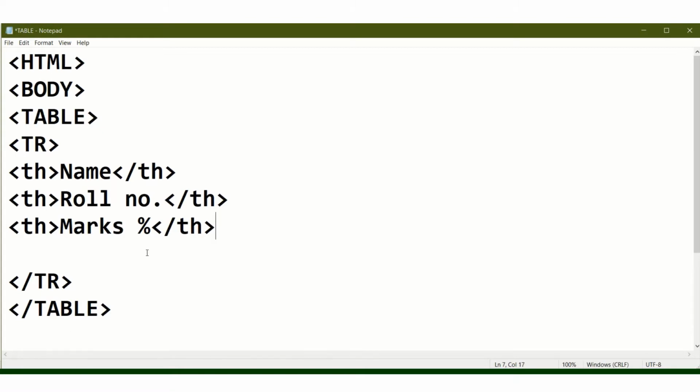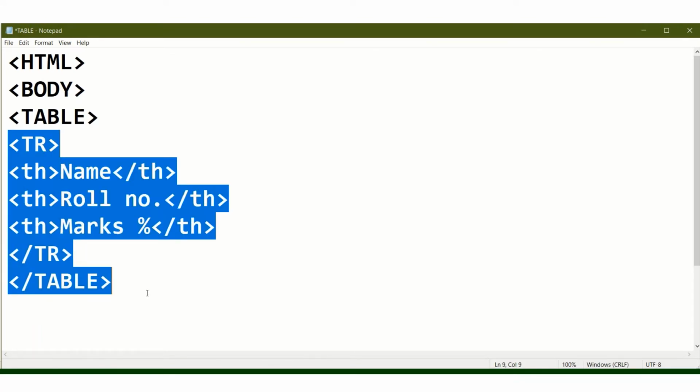So this is the first row I have already created. This is the first row section, and within the first row there are 3 th, meaning 3 columns we have already created, and 3 th means the heading.